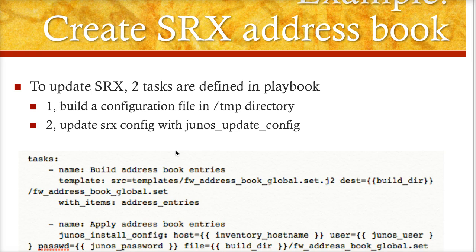So the next thing you want to do is, now I have my variables, right? So what I'm going to do in my playbook, I want to define a two-step process, right? The first step is I will